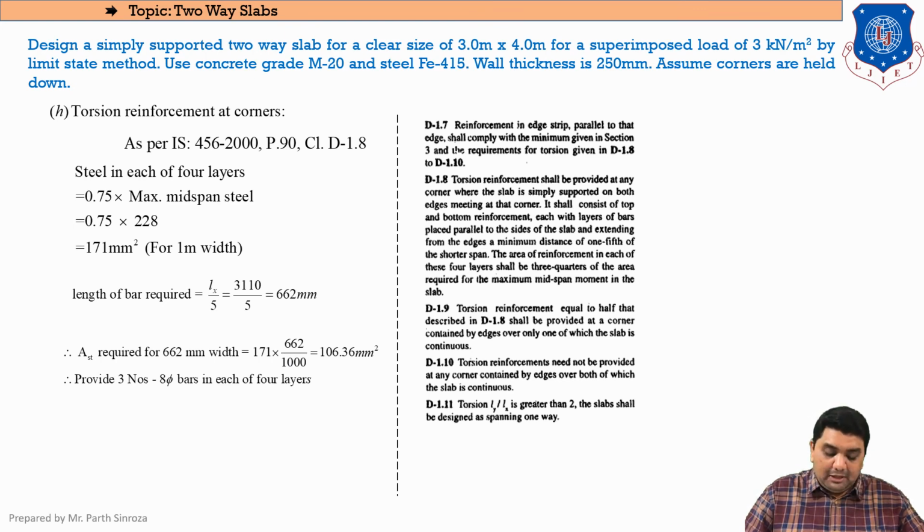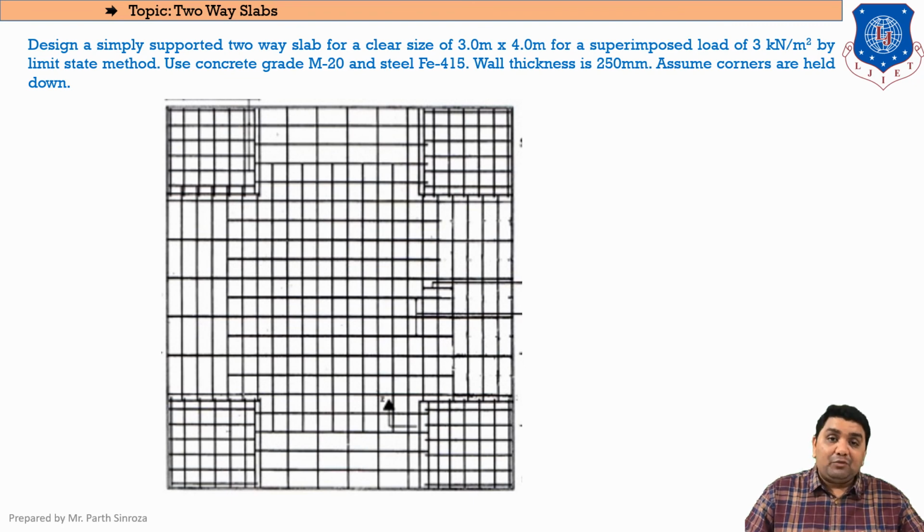Here our design is completed. Now we will be seeing what we have designed. So this is a typical plan view or the top view of a two-way slab, or two-way simply supported slab that is restrained. So here you can see this is our middle strip. This portion, as you can see here, is our middle strip, which is along x-axis and along y-axis. Here these corners 1, 2, 3 and 4, these are our edge strips, that is different from the middle strip. And here as you can see, these 4 corners are the torsion reinforcement that are provided.